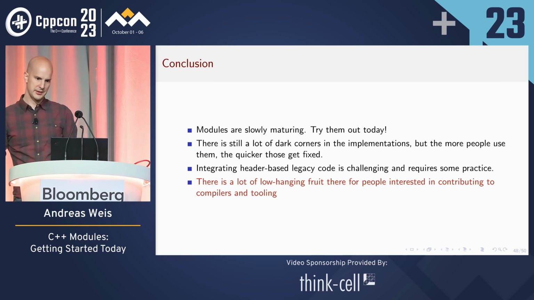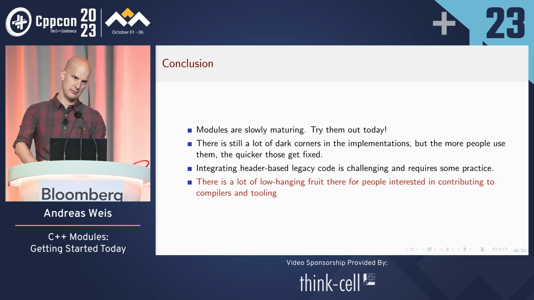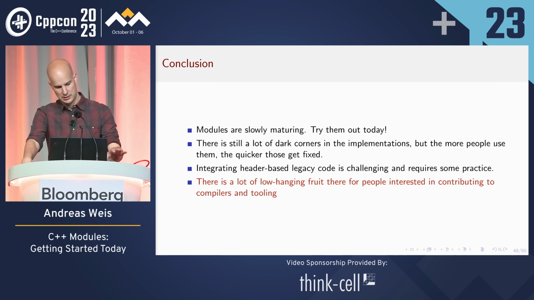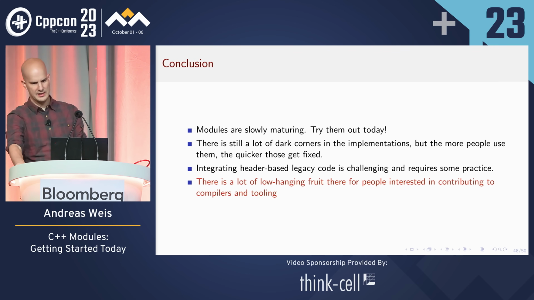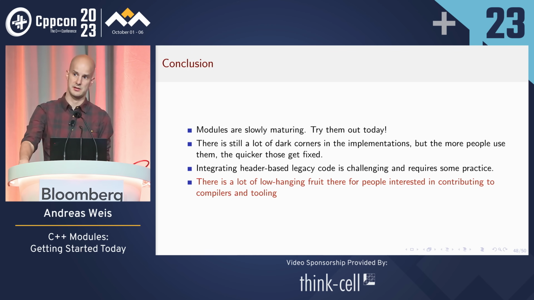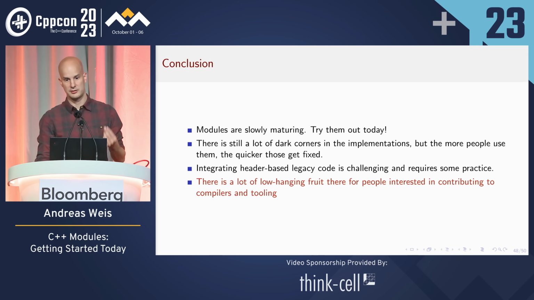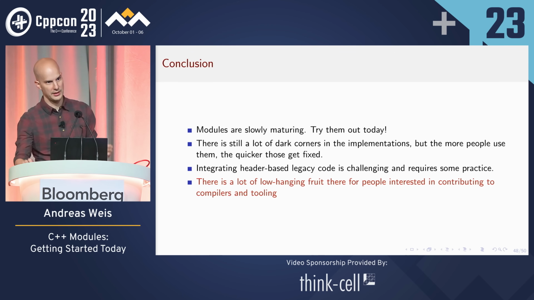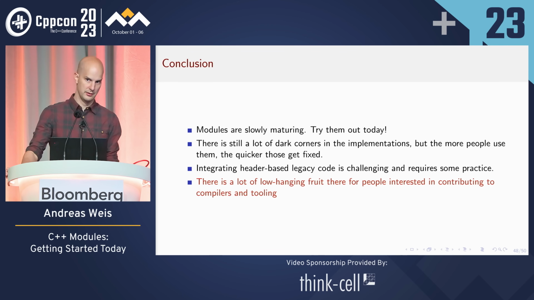I want to really stress this last point. So right now, if you start playing around with this, you will notice that a lot of stuff that is quite simple does not quite work as expected yet. This can be a bit frustrating because you run into roadblocks really quickly, but there's also a chance in this. Because that means there's a lot of really low-hanging fruit in the compiler implementations, in the tooling, that can be